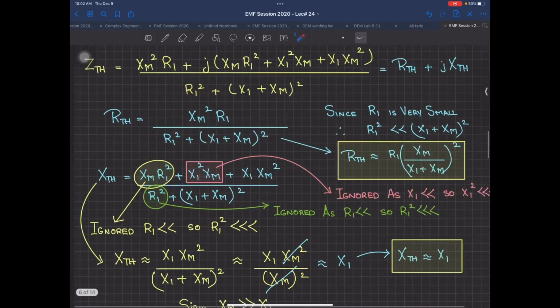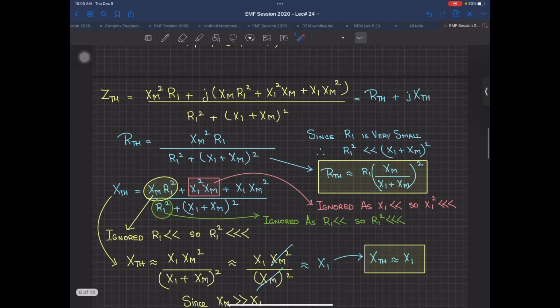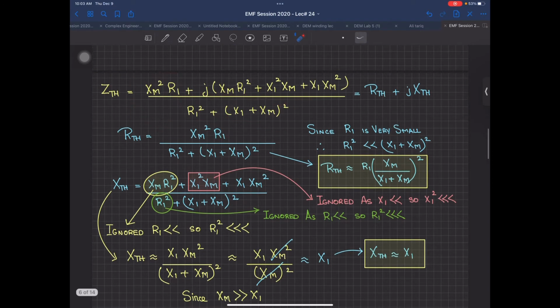Look at R Thevenin and jX Thevenin, you have this equation over here. The non-complex form is this. Non-complex is there in the denominator. So these two are the real part, R Thevenin. X Thevenin is the complex part divided by the denominator. There is no complex in the denominator, the denominator is all real. See, I have to just put it here in this term and this term. So you can see what is R Thevenin. This is the same thing over here. And X Thevenin is this thing, which is actually this over here.